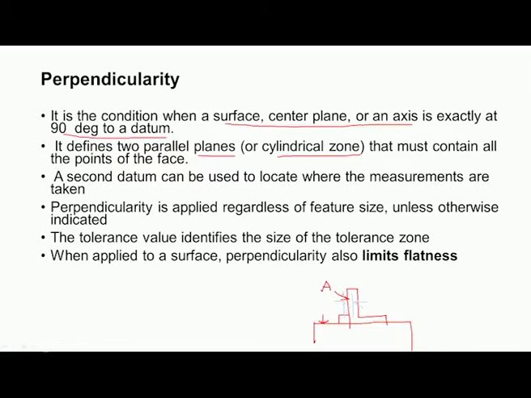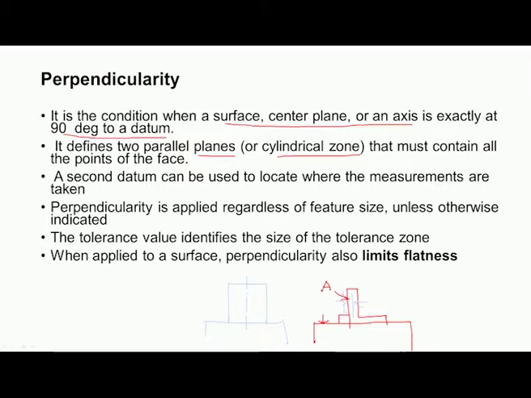And if perpendicularity is applied to an axis, then we have to consider a cylindrical zone. So, this is the datum surface, and this is the workpiece, and we have this axis.